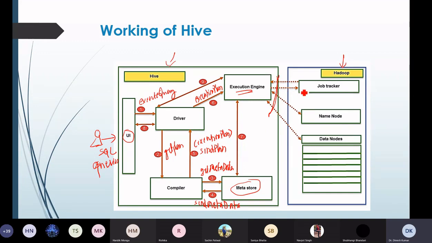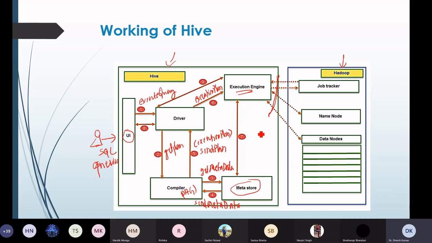They are shown as a highlighted line. Ultimately, the execution engine sends these stages, because if you remember, I told you that the compiler generates a DAG, a directed acyclic graph. So the execution engine will send these stages of the DAG to the appropriate components. So that's why they are shown as a highlighted line. Right? So that is the seventh step.